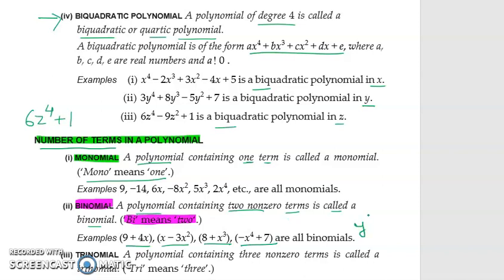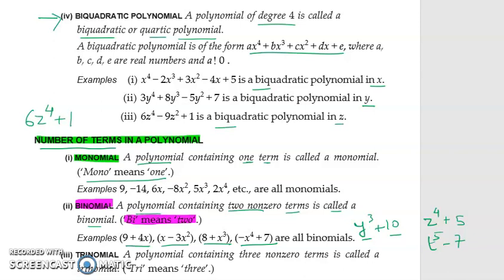Another example can be y cubed plus 10. It does not make any difference whether it is the variable or the degree. The important condition is that there should be two terms: one is this, second is this. For that matter, I can write z^4 plus 5, and this is also a binomial. Why? Because it has two terms. I can write t raised to the power 5 minus 7; it is also a binomial. So all these are examples, students.